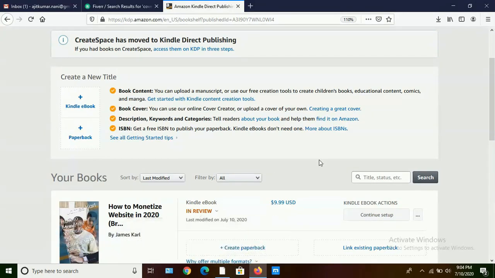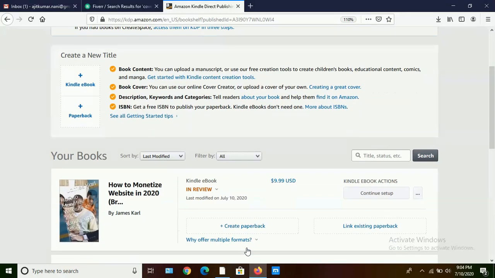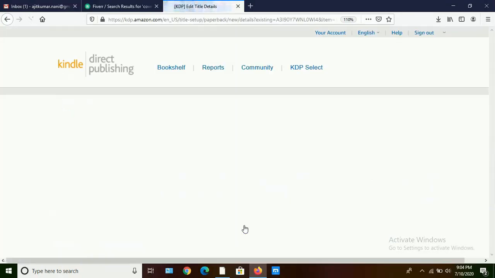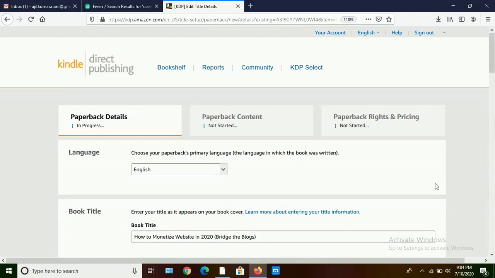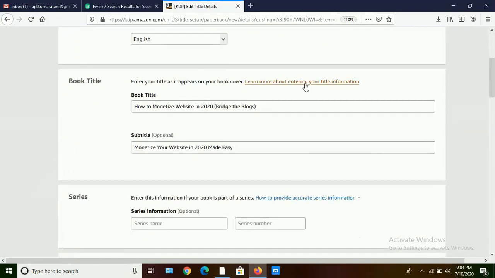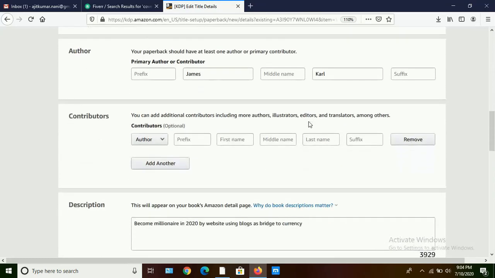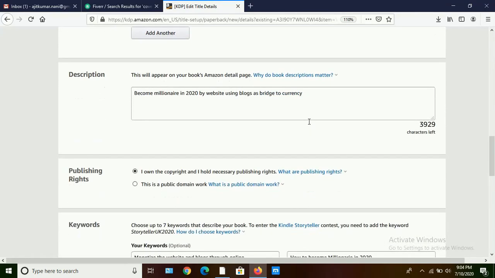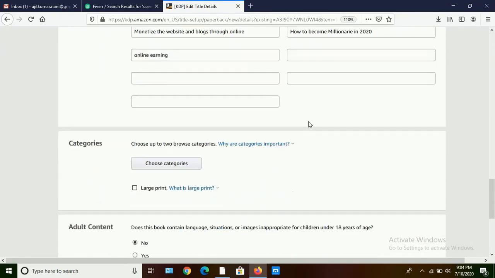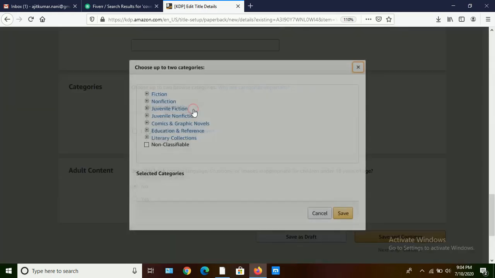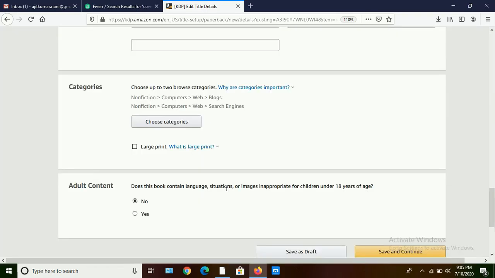Now I want to create a paperback. So click here, create paperback. Everything is already given previously in KDP for the ebook, but here we want to choose category non-fiction, then save and continue.